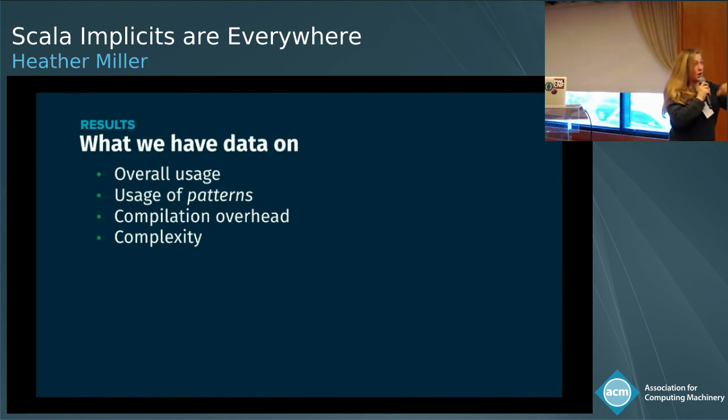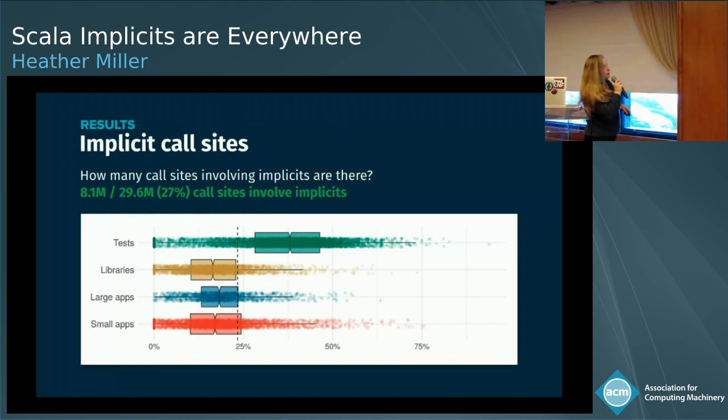So where are they, what's using them more, etc. We wanted to understand how people use these patterns, things like type classes. We wanted to understand how expensive it was, in terms of compilation overhead and also the complexity. So this is separated. If we take all of those code bases and we look at the call sites